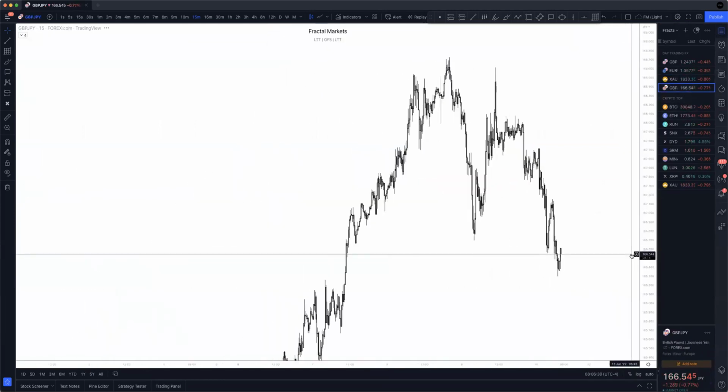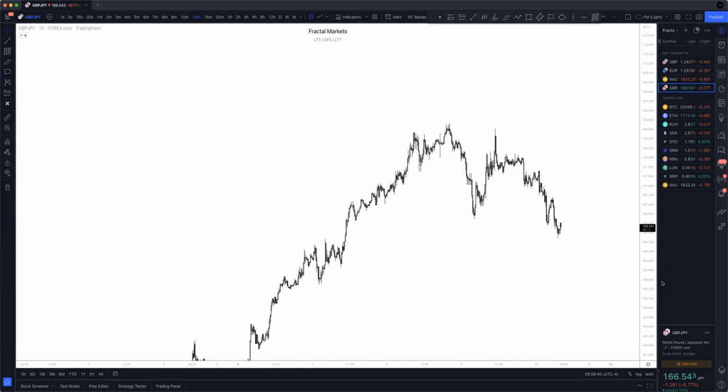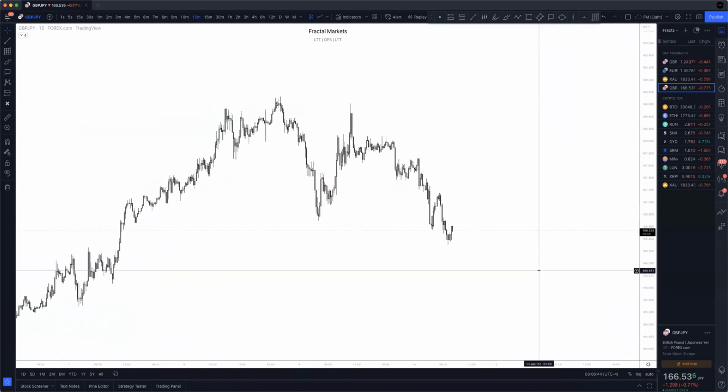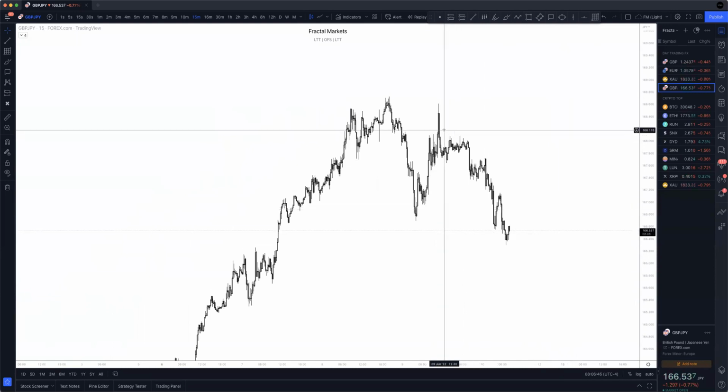GBP JPY. Let's have a look at this. Okay. So right now, what we want to see is, obviously we can't bank on the fact that